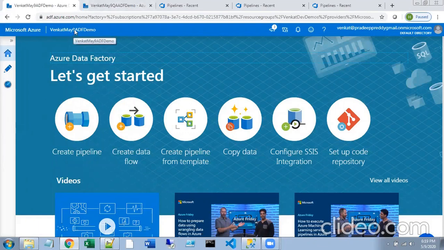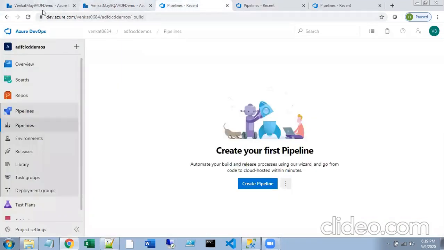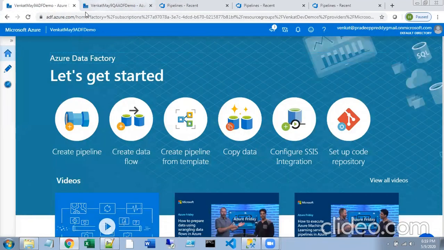So you see here, this is the dev one, this is the QA one, and the other one is the dev one, and the other one is the QA one. So these are the data factories, and each one has the respective database.